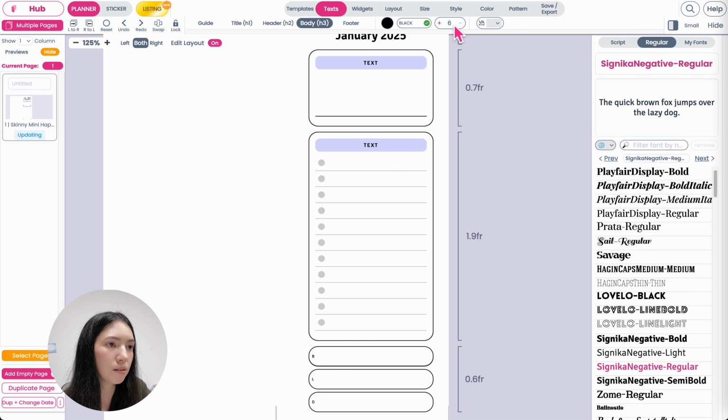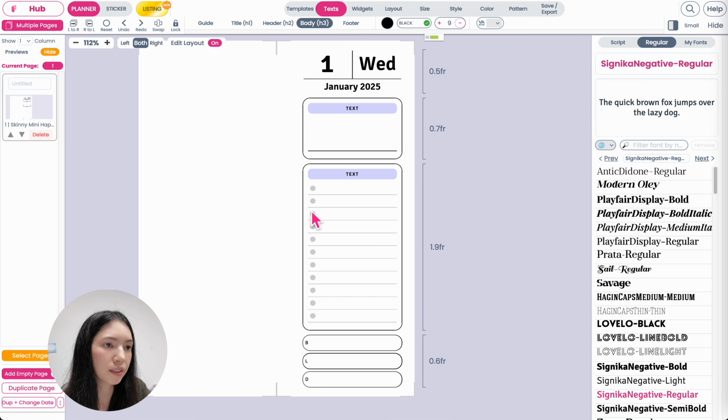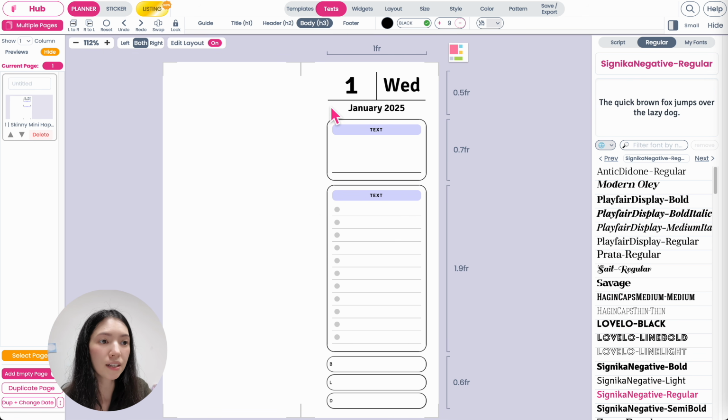And then here under body, let's select the same Signica font again. And then let's also make the fonts, let's maybe set it to 12 or 10, 11. The header, let's set it to 10 as well. Or maybe I will set both to 9 like this. Okay, so next